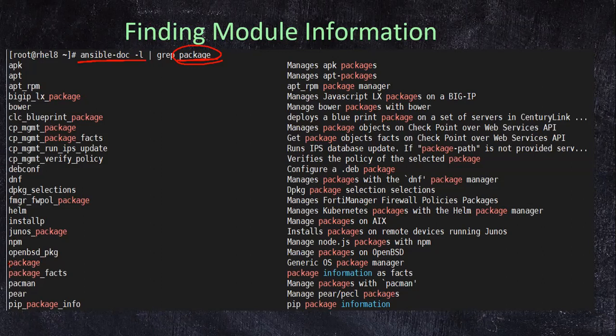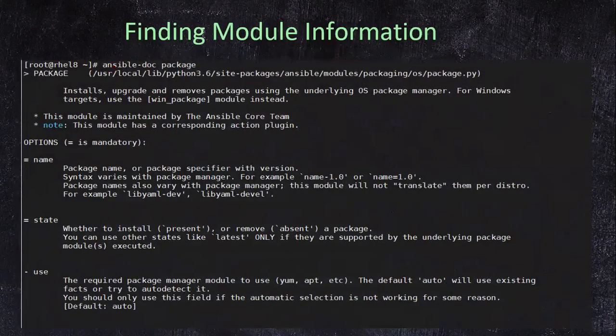Now, in this specific case, let's say I'm interested in package. I want to know the various parameters, the different attributes that I have to give with respect to this module. So I can again make use of the command ansible-doc and then package. This is my module name. When you run this specific command, you would get complete details of the module, what this module is doing, and the different options, which option is mandatory and what it is doing, what are the various values with respect to your specific attributes.